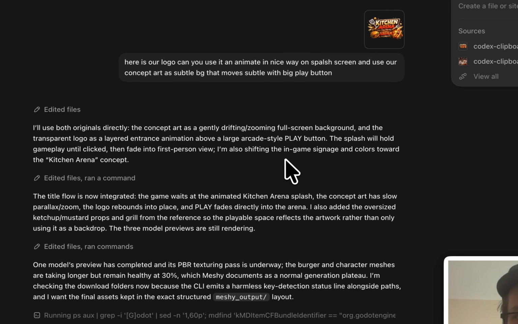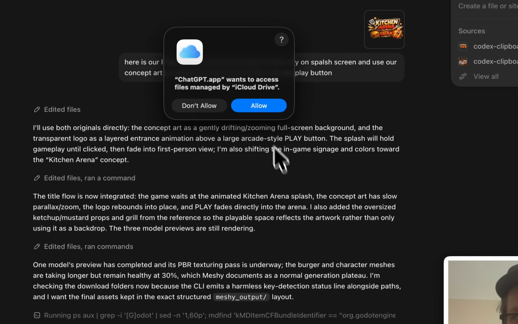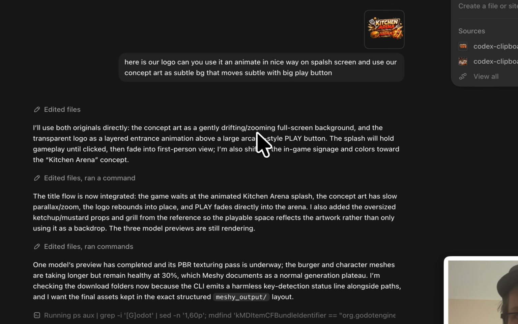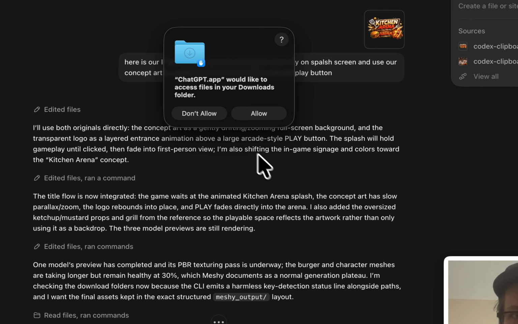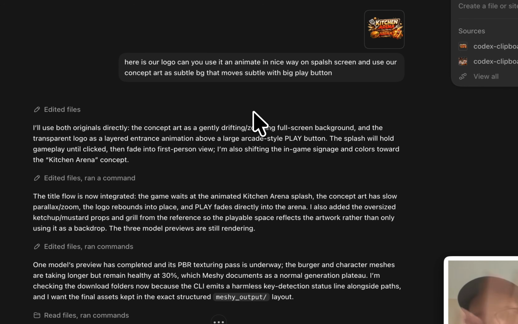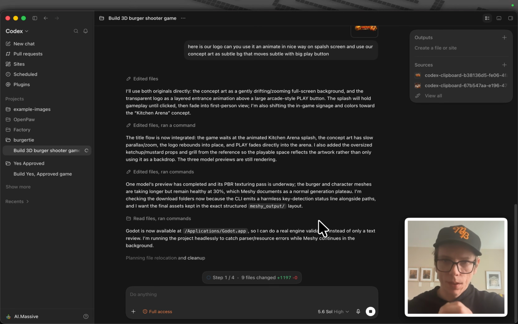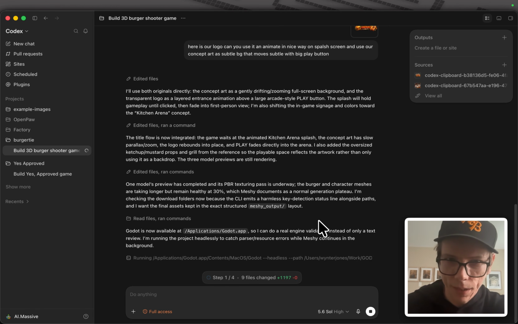It wants access to everything. I probably shouldn't say yes to all of that. Oh my god, just have everything. Go after my whole computer thingy. So now it's there. I can do a real engine validation. So it did find Godot. It said it wasn't on there, but it was. And it can